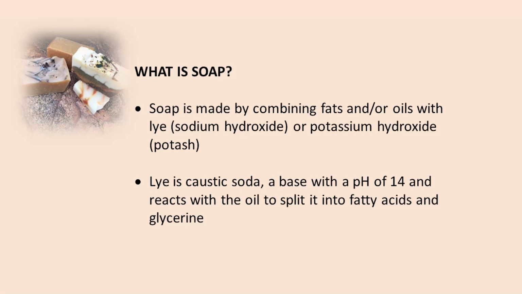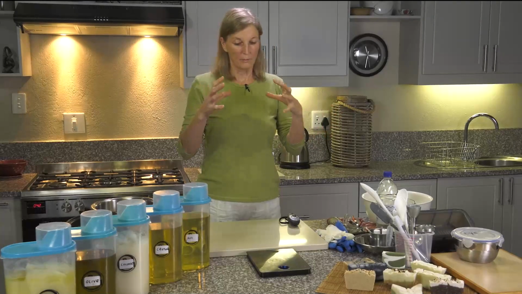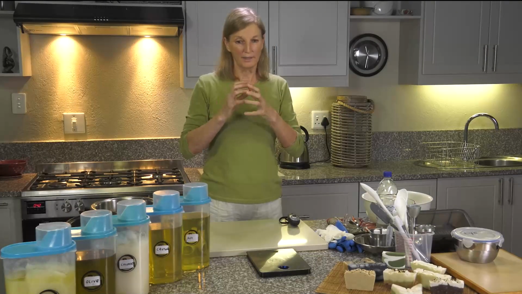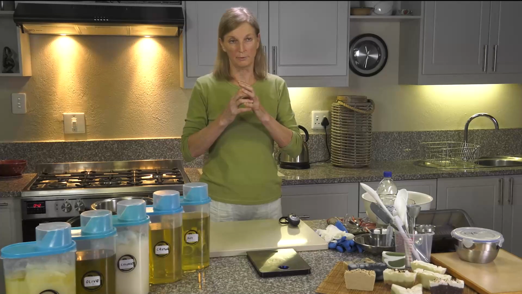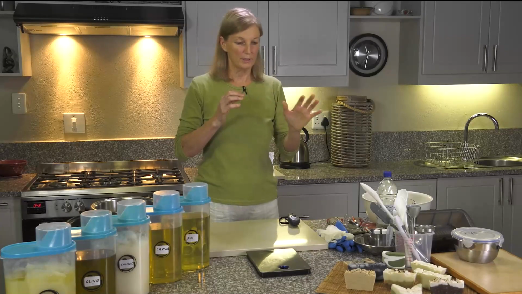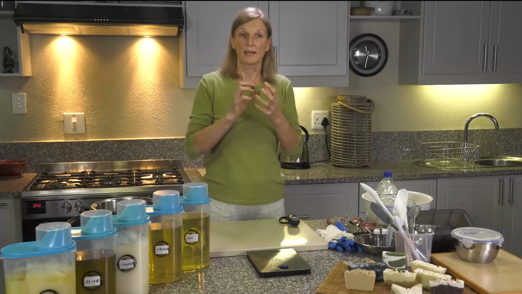Now, what is soap? How does it work? How does it come by? How do you produce it? Soap is made by combining fats and lye. When the fats and the lye combine completely, in a perfect combination, there will be no more lye in the product. It will not be caustic, and it will be a foaming agent.